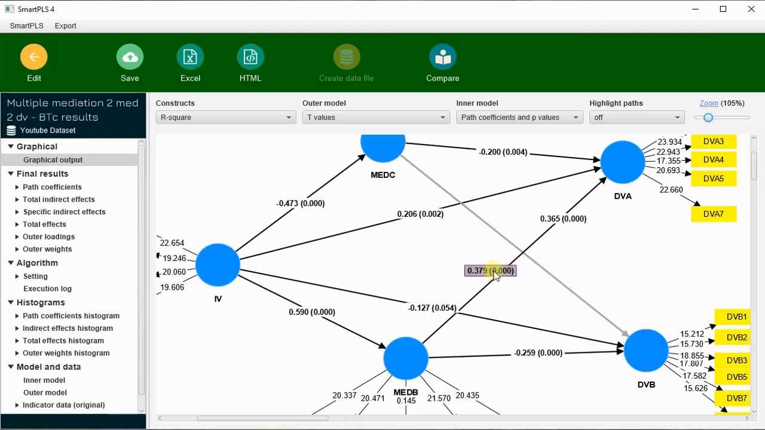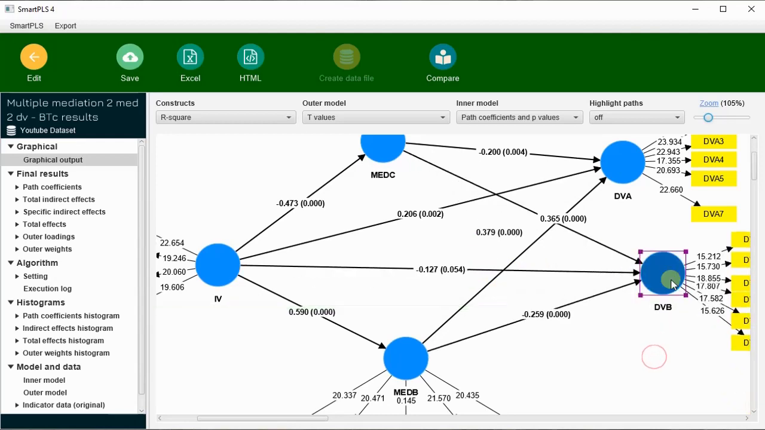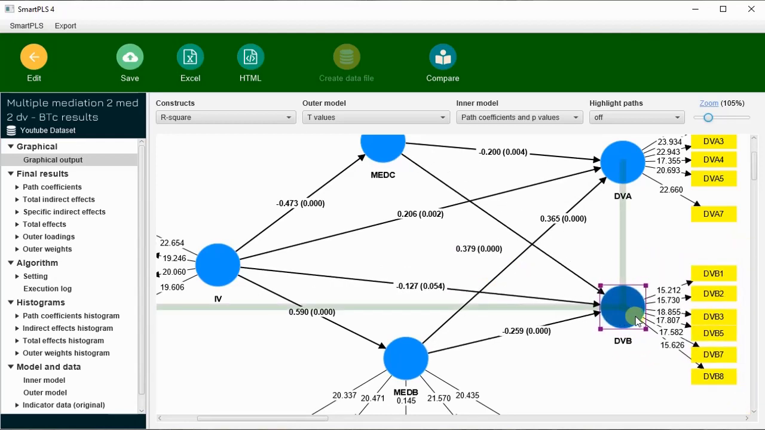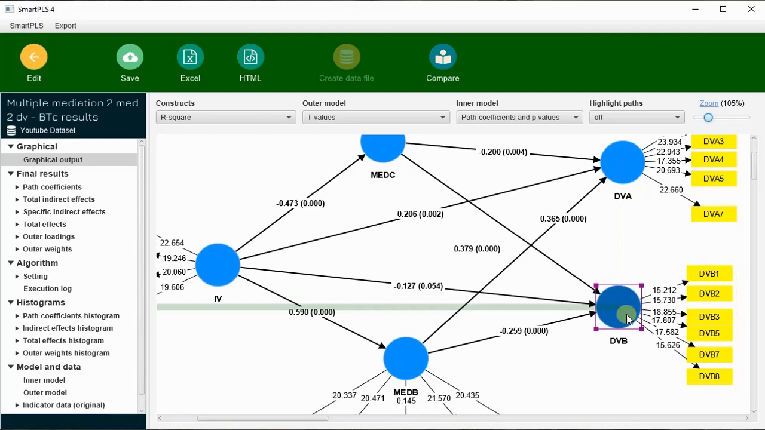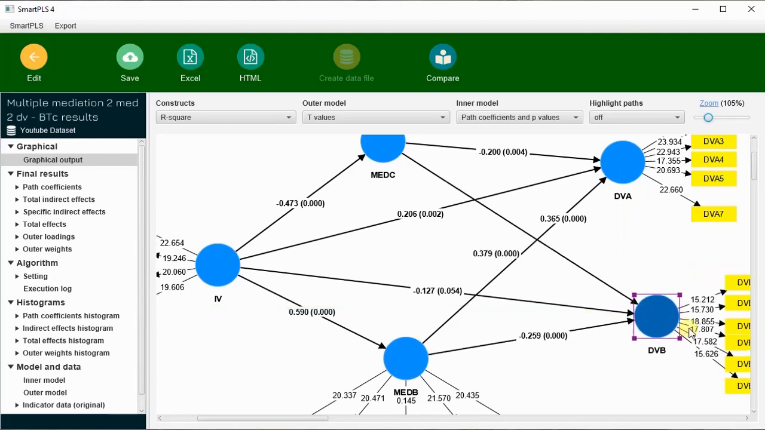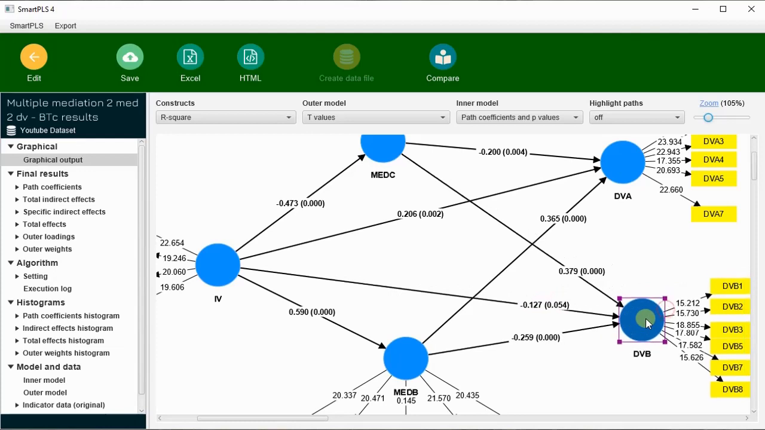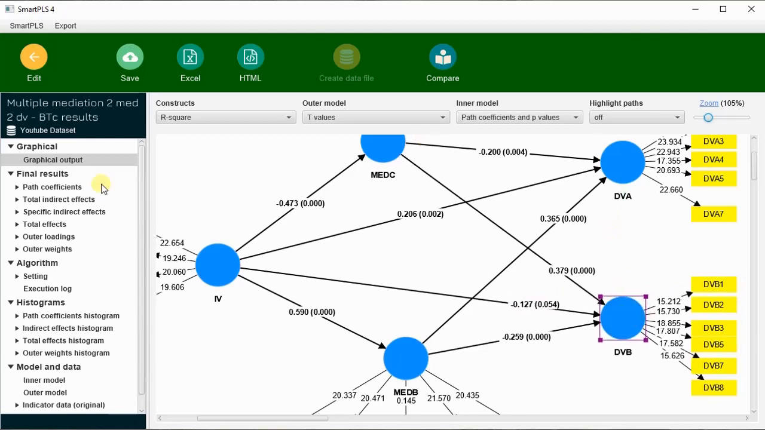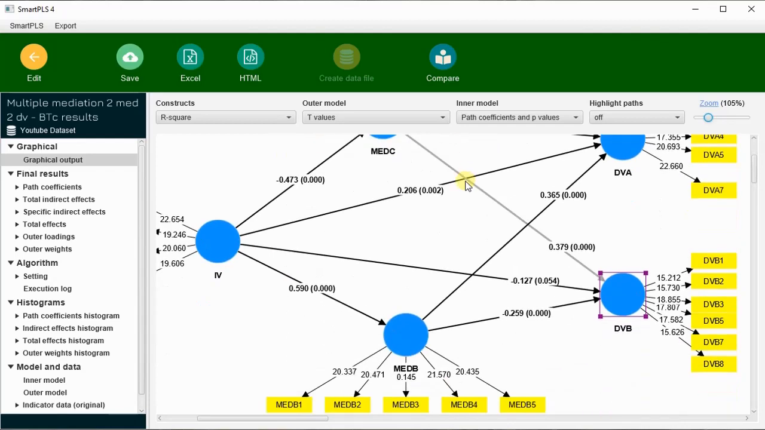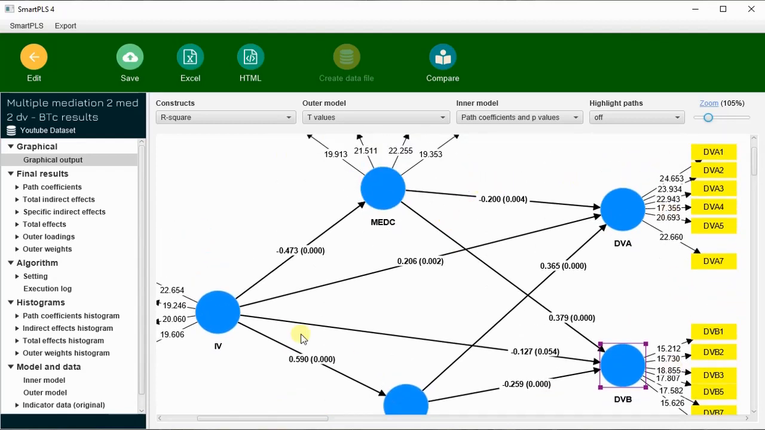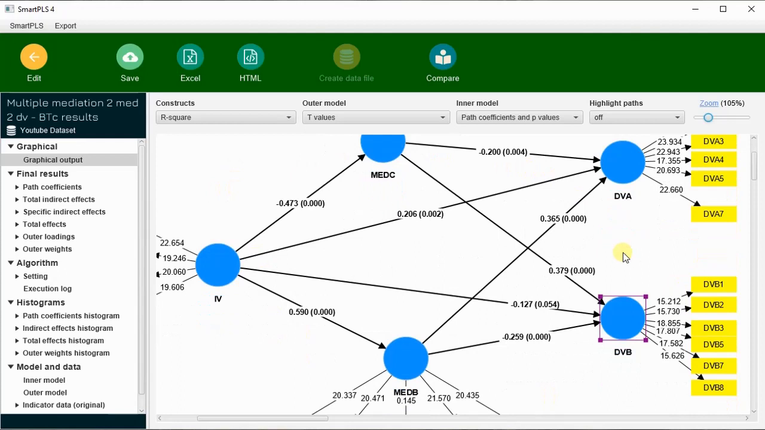Sometimes it will be shown here, and you can be confused whether this value is with the mediator B to DVA or the other one. If it's moving with this cursor, then you will say that this value is with this variable, and change accordingly to your requirement. So this is the overview of the graphical results, and I have already set it in